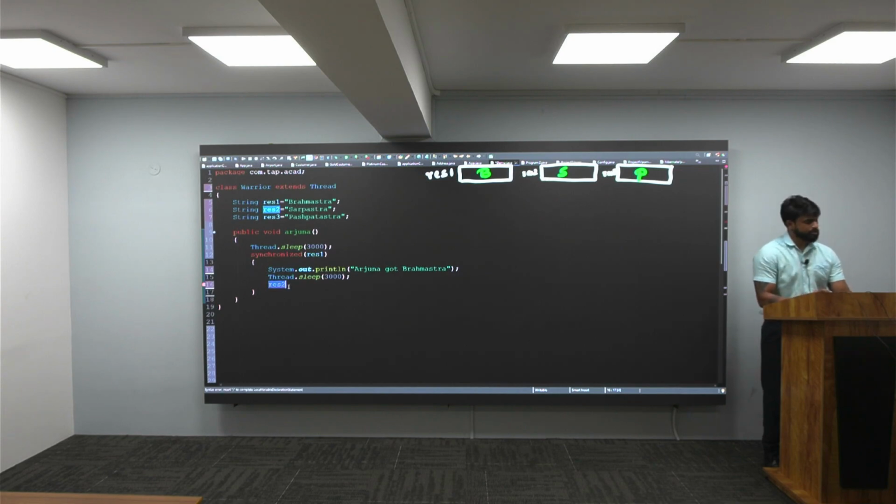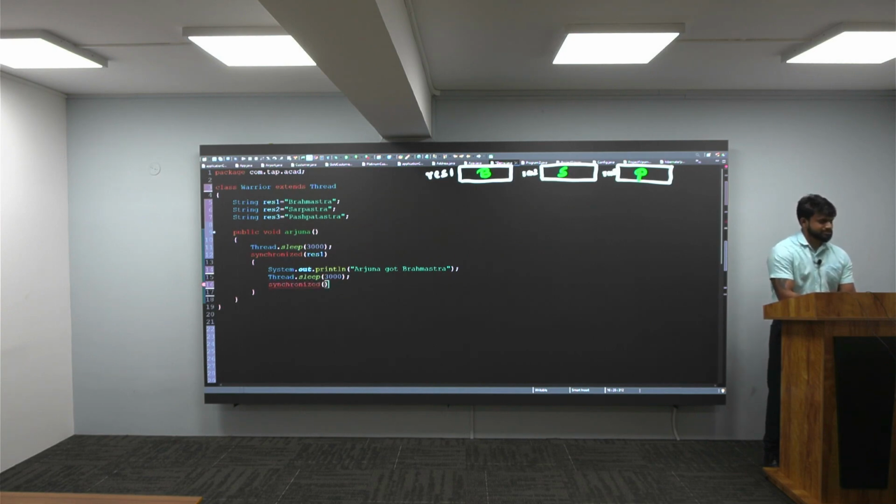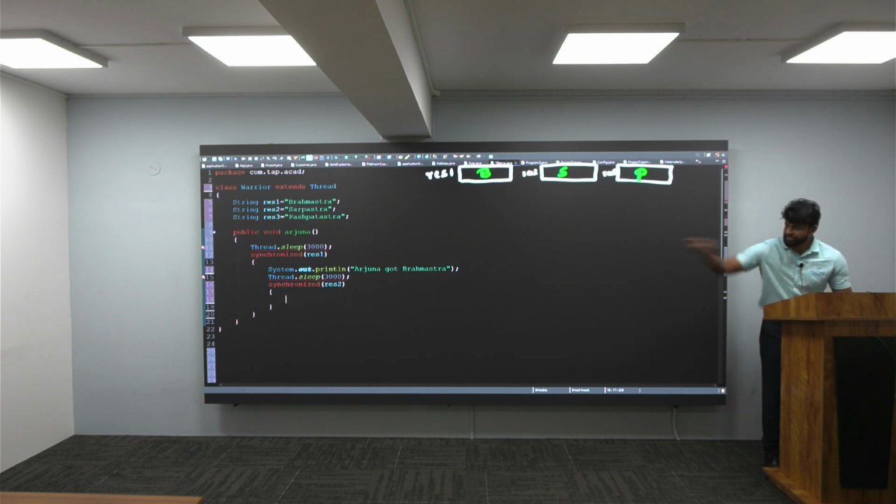It's very important. So what he will do is, he will lock it. How will he lock it, sir? He will lock it by telling synchronized like this. He will lock it. Very good. After locking it, he will tell to the entire world. How will he tell, sir? He will tell